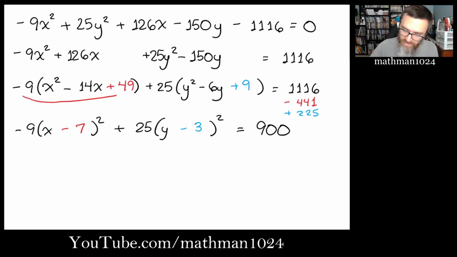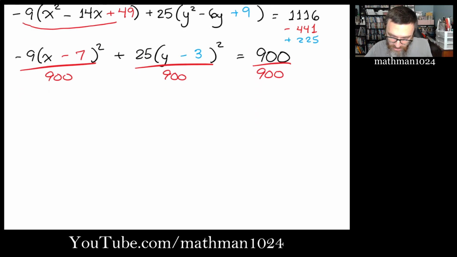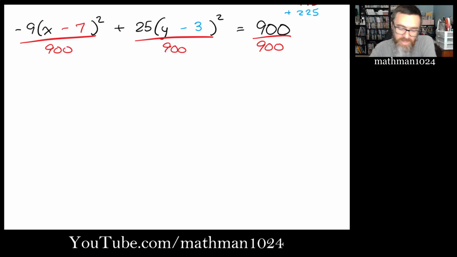But we have to divide everything by the 900 because we're supposed to have 1 on the right side. That way we can clearly identify our A and B. So looking at the way this is going, I can see that my x is going to be the negative fraction, so the orientation is going to be branches opening up and down. So I want to rewrite this so that the y piece is first. All right, so we have